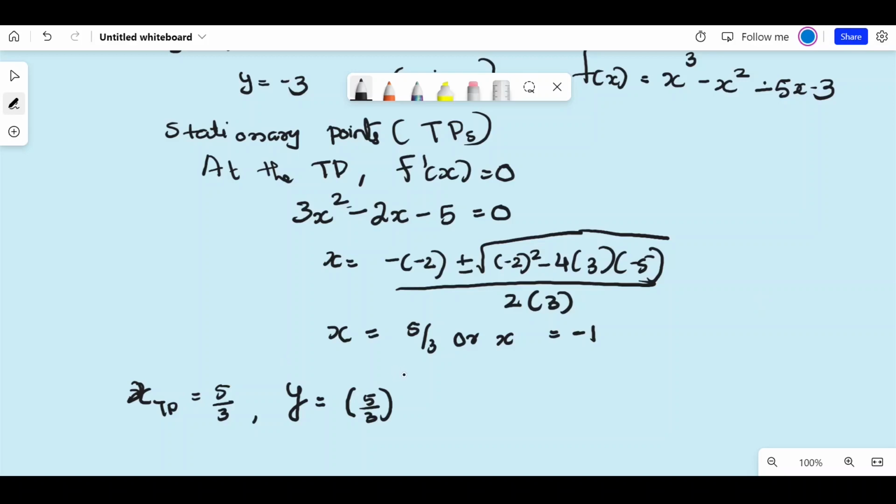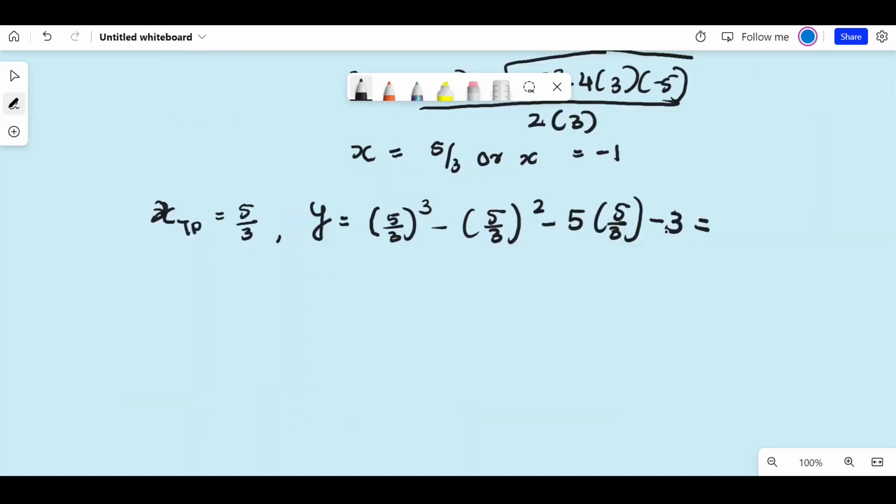It's going to be (5/3) cubed minus (5/3) squared minus 5 times 5/3 minus 3. When you put this in the calculator, you get negative 256 over 27. The other turning point is negative 1,